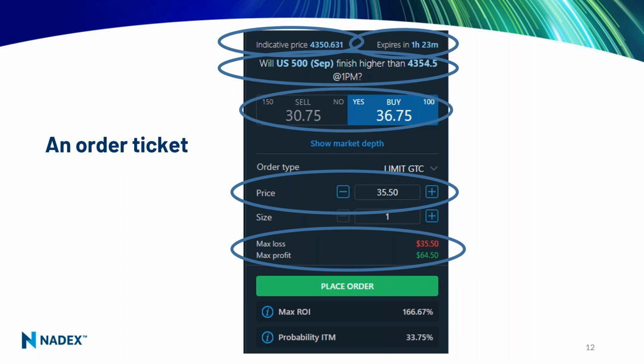Okay, so we do all that math for you. And when I jump over to the platform, I'll show you an example of a sell order and how those numbers will change. If you don't have a demo account, I would highly recommend you sign up for one. They're free, and you can practice and play around with it a little bit, and see how the probability changes, whether I'm buying or selling, and how your potential return on investment changes, whether you're buying or selling.